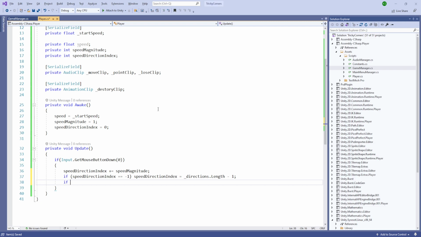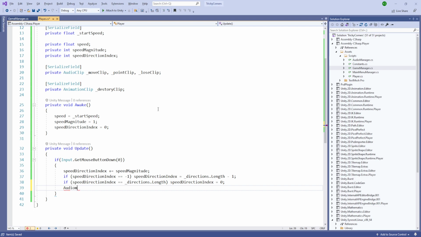And if our speed direction index is equal to directions.Length, then the speed direction index is going to be 0. So it's just going to check for the bounds,